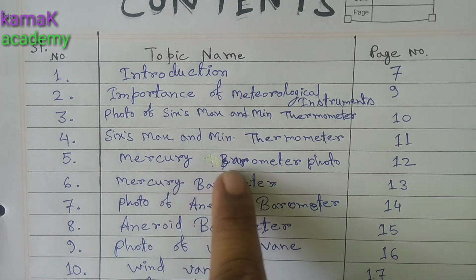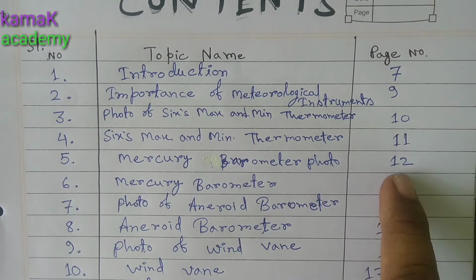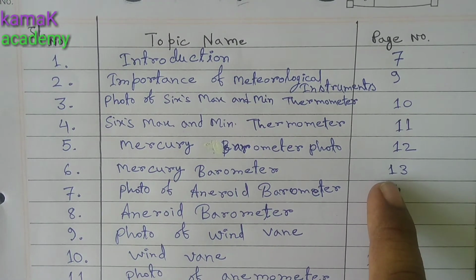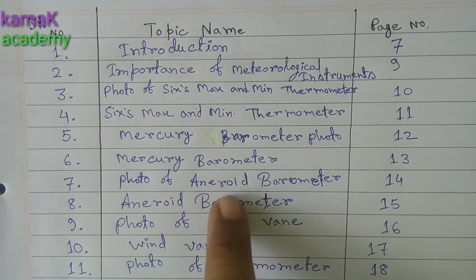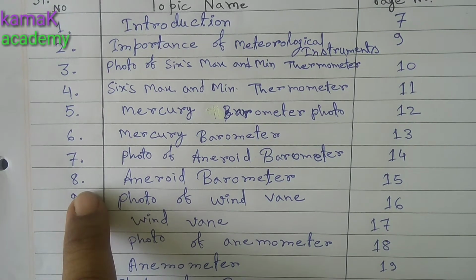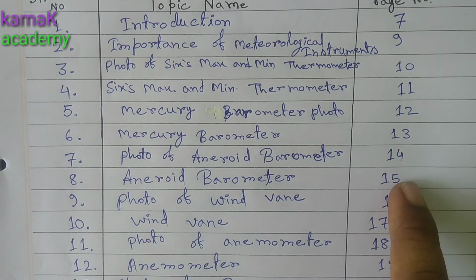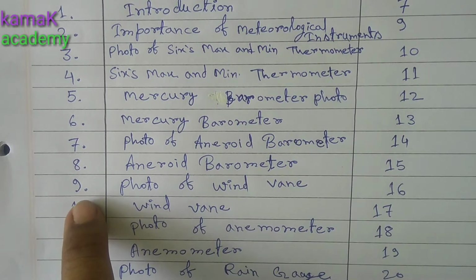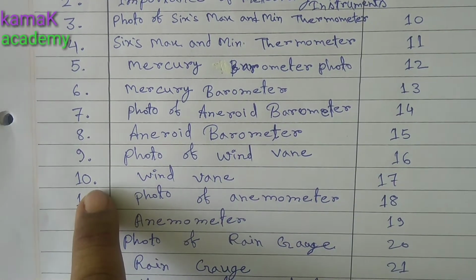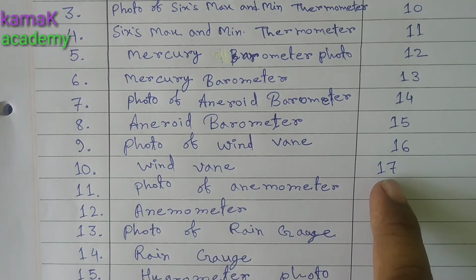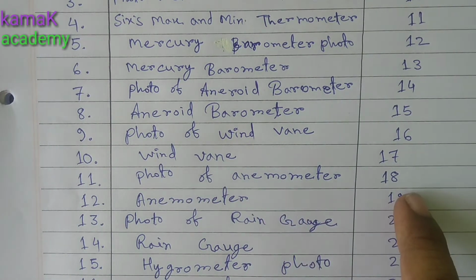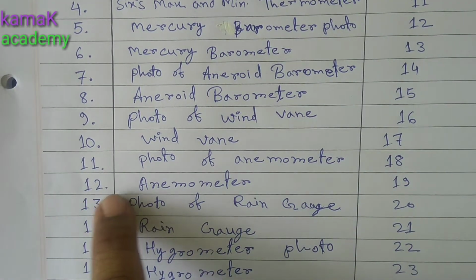5. Mercury barometer photo, page number 12. 6. Mercury barometer, page number 13. 7. Photo of aneroid barometer, page number 14. 8. Aneroid barometer, page number 15. 9. Photo of windvane, page number 16. 10. Windvane, page number 17. 11. Photo of anemometer, page number 18. 12. Anemometer,